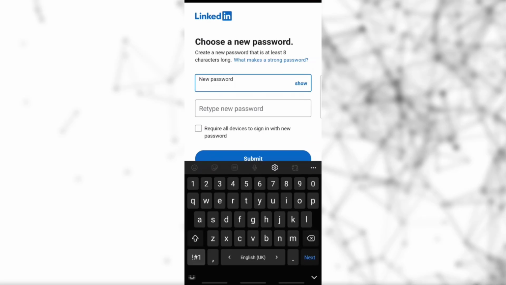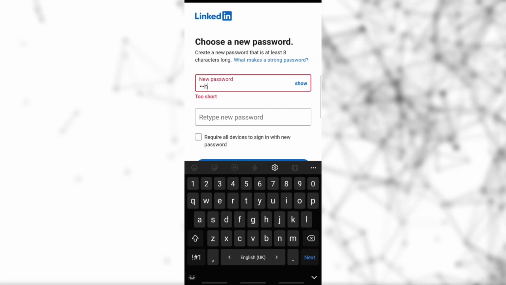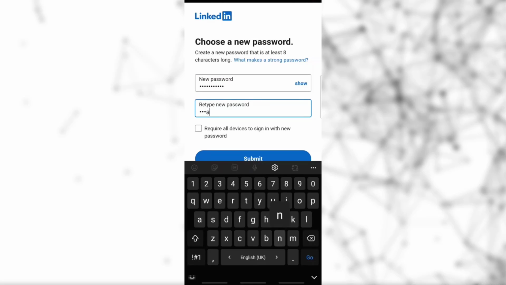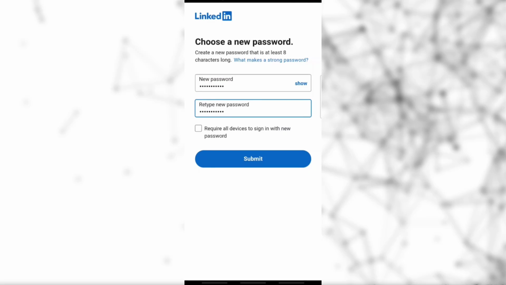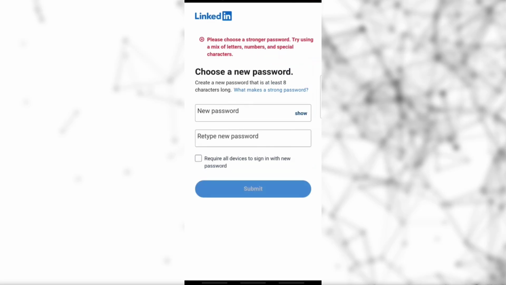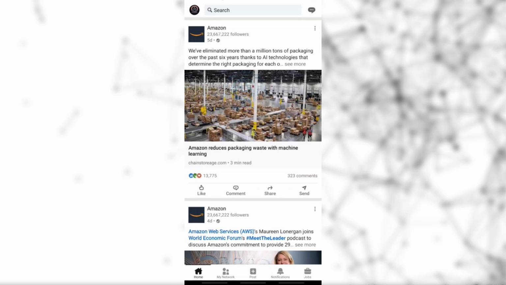After that, you need to create a new password for your account and retype the same password to confirm it. Now there you'll see an option which says require all devices to sign in with the new password. If you want all the devices to sign in with the new password, simply click on the small square box and click on submit. So yeah, that's it. That's how you can recover your